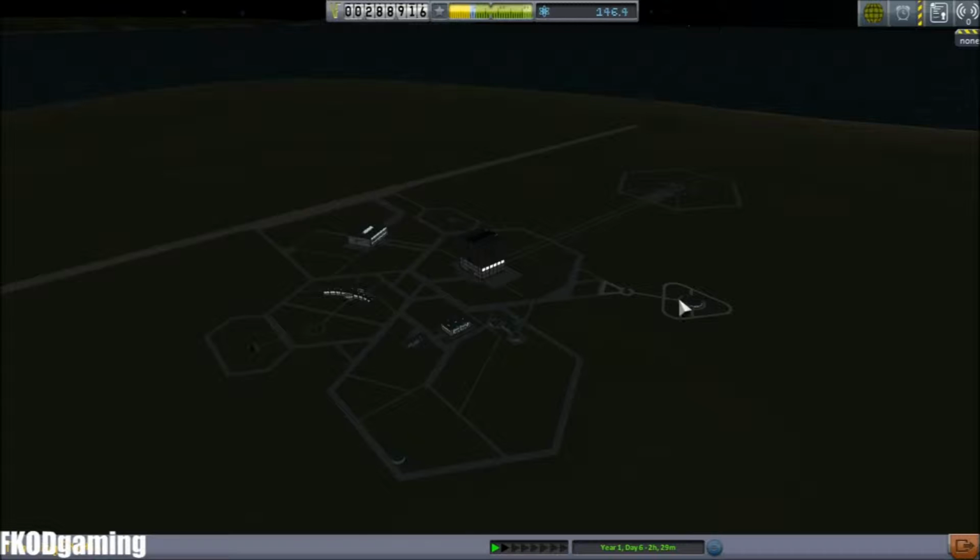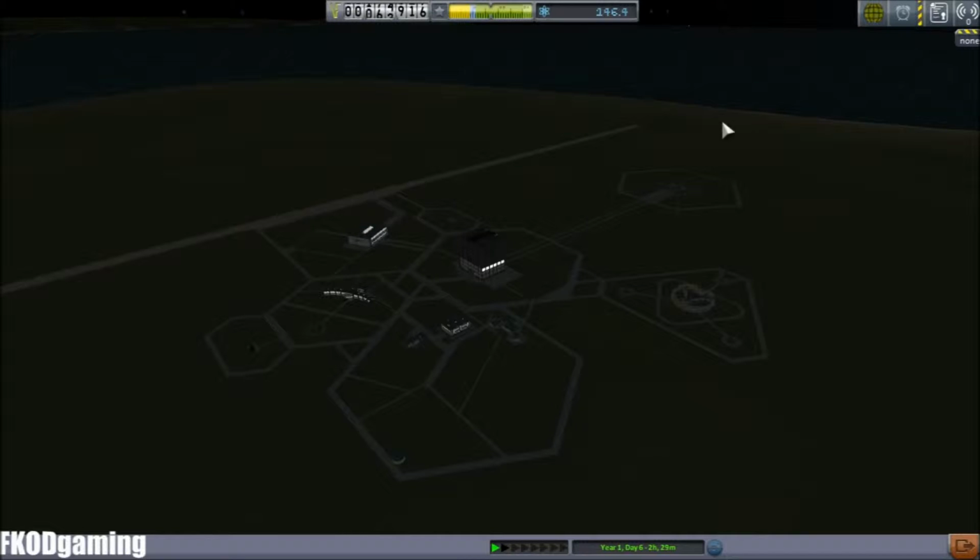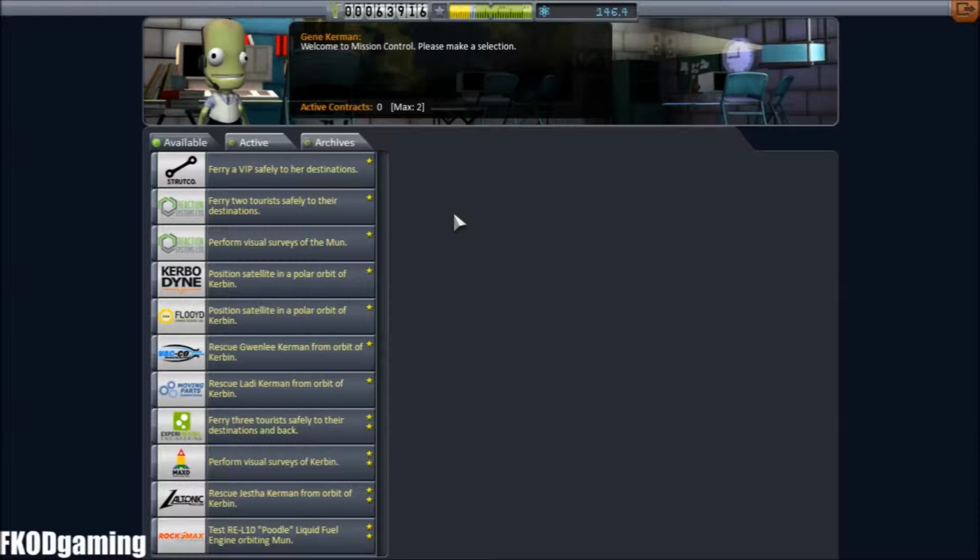So I think first thing I'm going to do is upgrade my tracking station, which is in dire need of being upgraded. There we go. It is beautiful. And then we're going to go to mission control here. Let's fix that so that I don't have duplicates of my audio. There we go. Okay, so we have